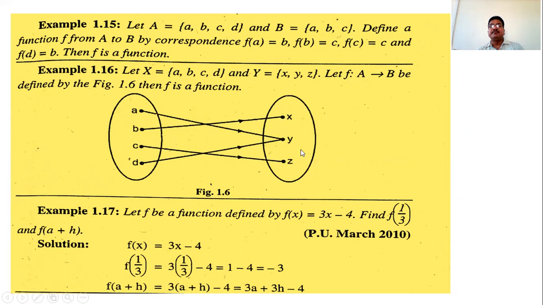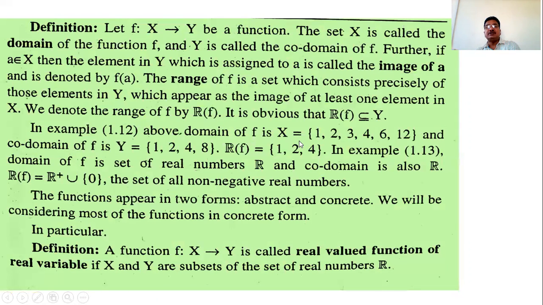The function shown in this diagram is surjective, an onto function, because the range of the function and the codomain of the function are both the same in this diagram. The range of the function is the set x, y, z, containing 3 elements, and the codomain of the function is the same, x, y, z, because all elements of the codomain are images of some elements from the domain, and therefore this function is an onto function or surjective function. So this is the range of the function, and it is denoted by R(f), capital R, then in round brackets small f. That is the notation for the function.